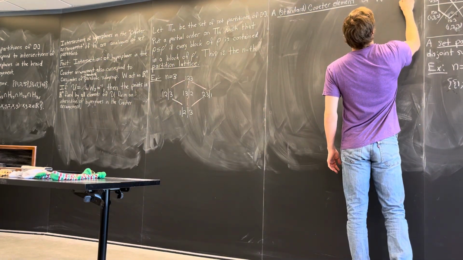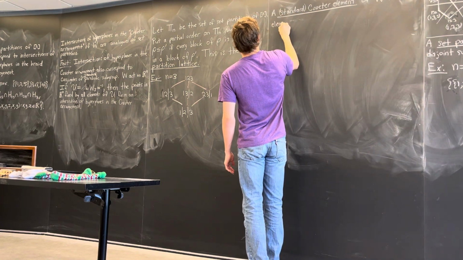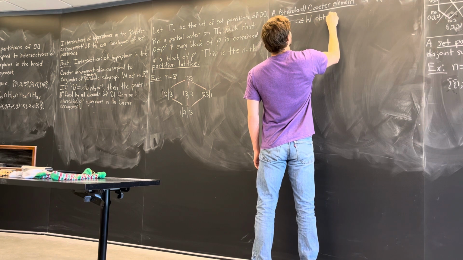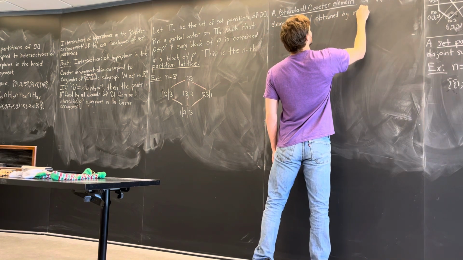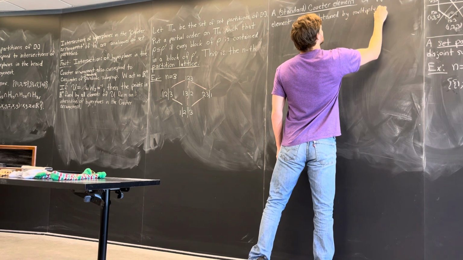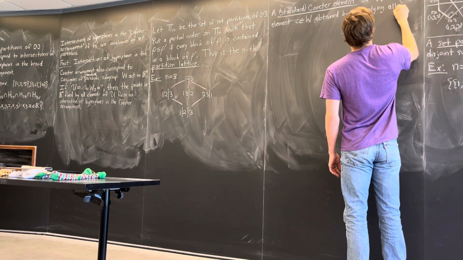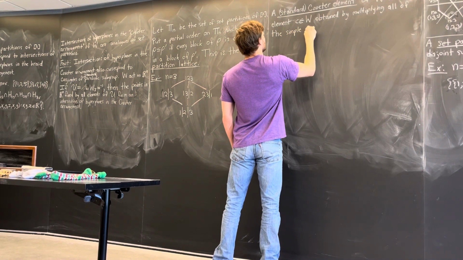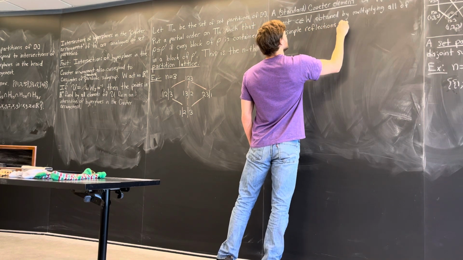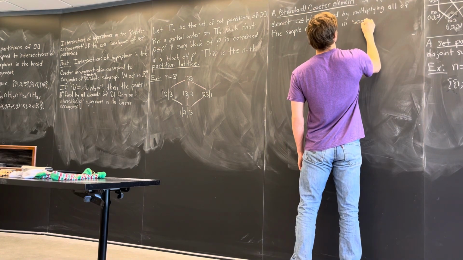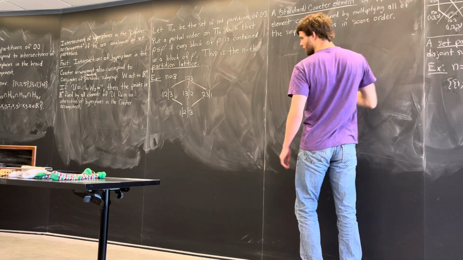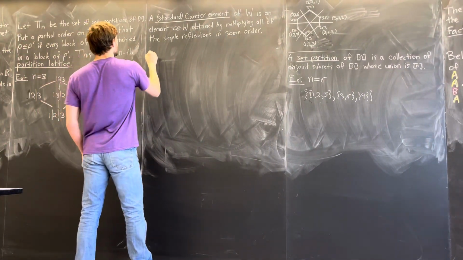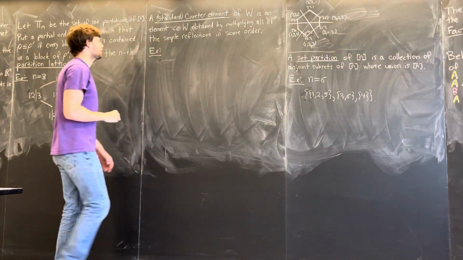So it is an element, often denoted by c, and it's obtained by multiplying all of the simple reflections in some order. So here's an example in Sn. There are many Coxeter elements that I could choose in Sn, but maybe the simplest one is where I just